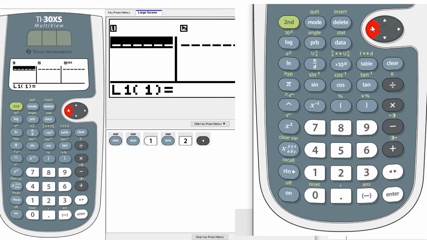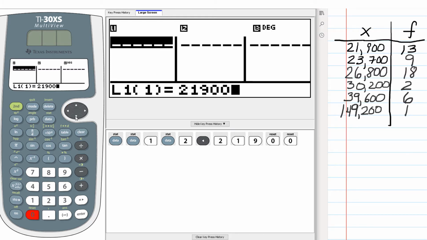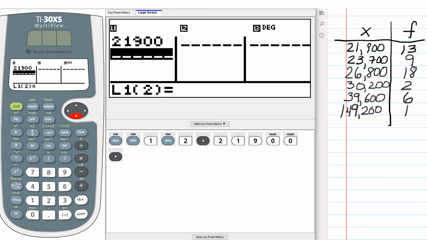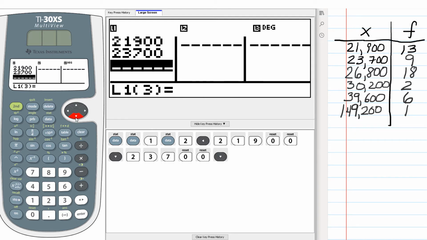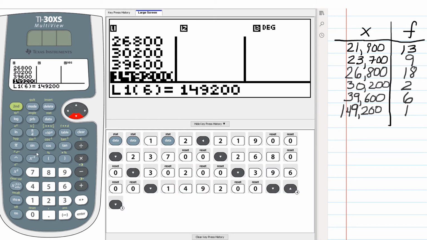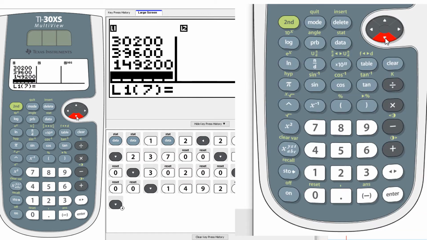I like to put my data values in list 1, so I'm going to start by entering 21,900. Once you've typed it in, you can either hit enter or arrow down. I'm going to arrow down and I'm going to type in the next data value, 23,700. And I'm going to arrow down and continue in this way until I get all of my data entered. After I enter my last data value, 149,200,